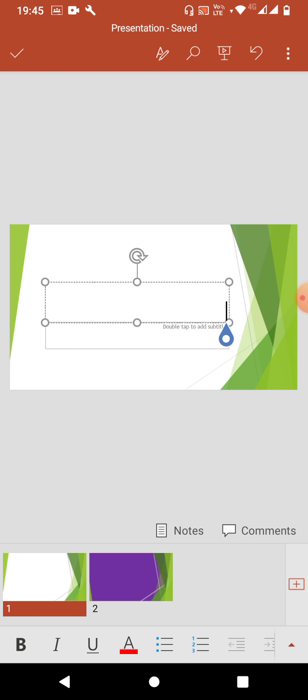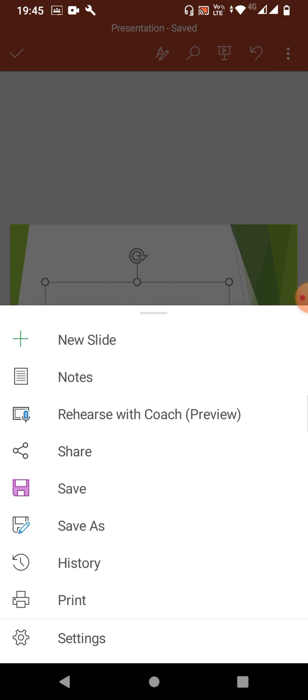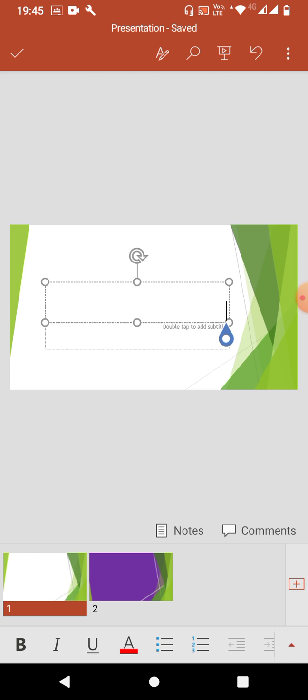Many things we can do, and also we can save it. Since this is an Android phone or tablet, we are getting some extra features. The extra feature is autosave, always keep it on, because sometimes we forget to save it. It will be saved. This is a very good feature.